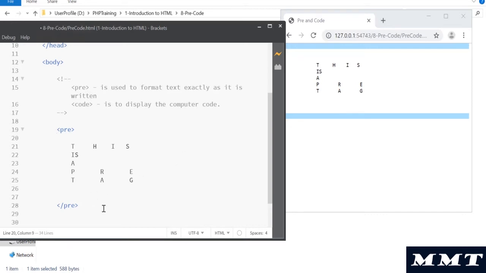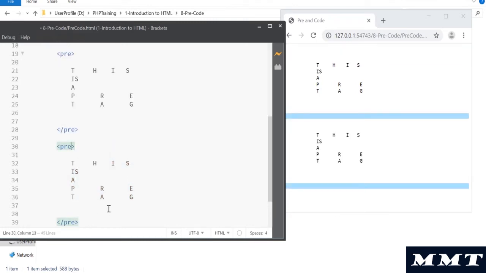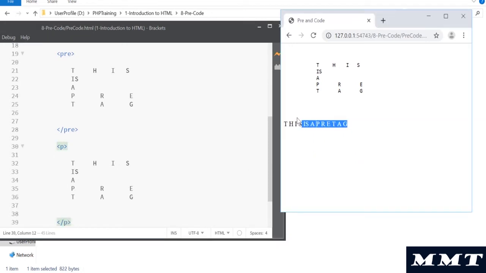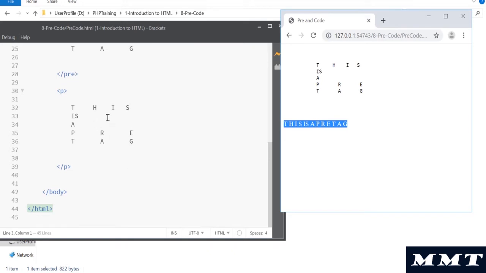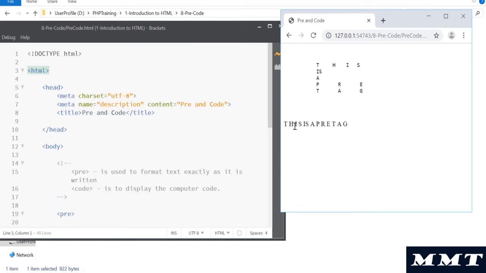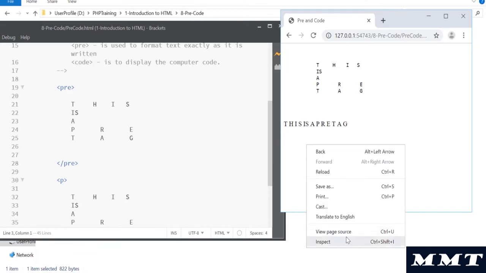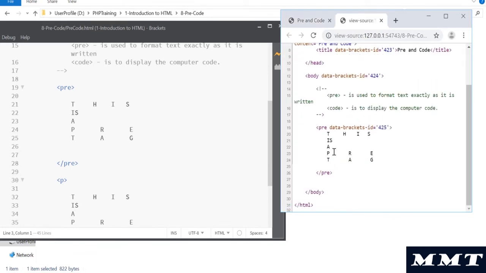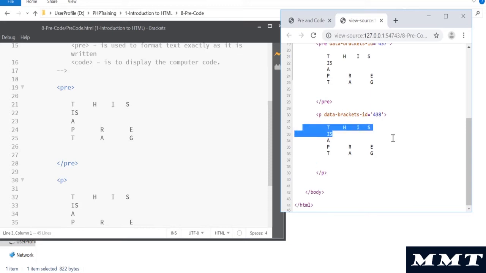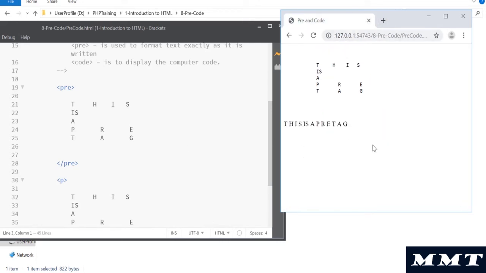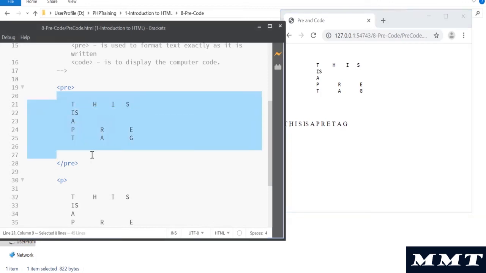Okay, what if you take this and apply a p tag here? It's interesting to see that. Okay, you will not see that output because the p tag will ignore the white spaces and the new lines. Even though it is written like this, in the output you will see the text run together, because the p tag doesn't consider the spaces and doesn't consider the new lines. Okay, that's the specification of the p tag. If you want to have similar output as you wrote in the HTML page, you have to use something called the pre tag.